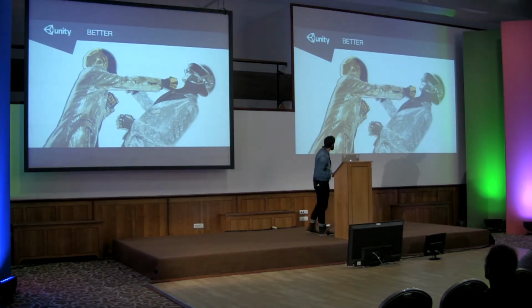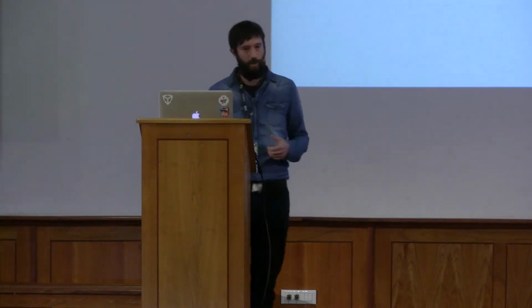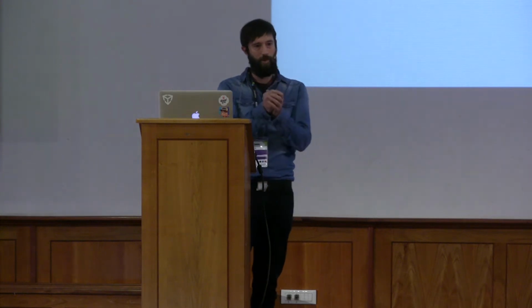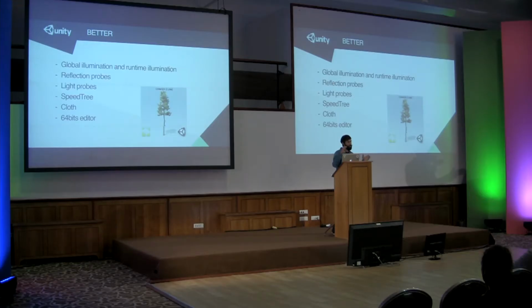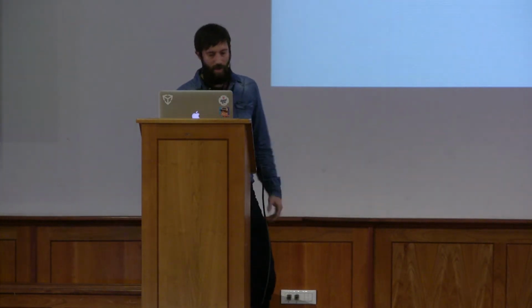We are also better than before. We have better looking graphics. We have global illumination and runtime illumination. We have reflection probes, so you just put an object in the world, and it will generate a cube map, generating what is seen from this point. And every object which is in this area will reflect what it sees, so you can make very shiny characters. I will show a demo of that. We have light probes, so that